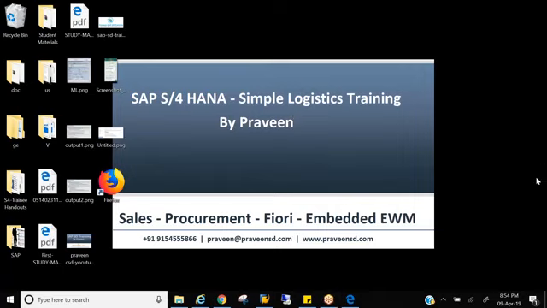Praveen, I was trying to create a condition table for tax MWST. There you told me to select country. I cannot understand. There are two countries, and then departure. I cannot see departure anywhere over there, so I was stuck.